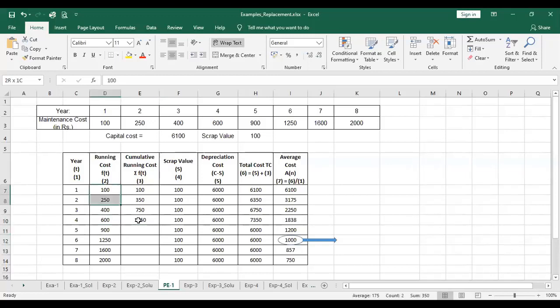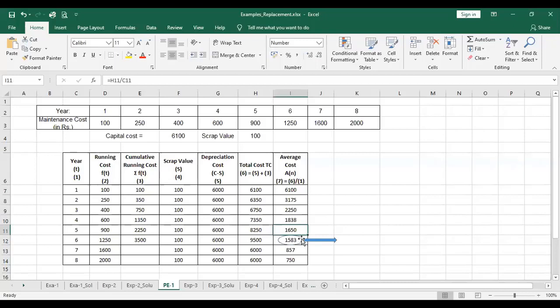So we have to calculate for the next year, and the cumulative for total 5 year running cost would be total of the 5 years, which is 2250. Okay. So for the next year it is 1650. Then for the sixth year we have to add up all this. So the total is 3500. Again it is kept on decreasing all these values.